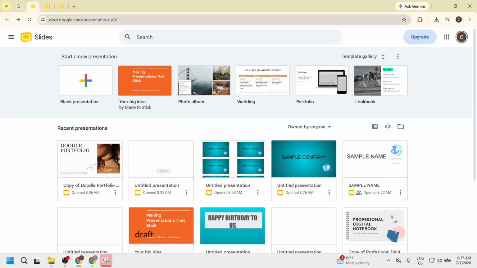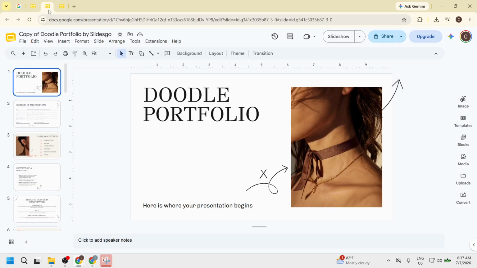After that, open your presentation in Google Slides. If you have been working on your slides, they should appear in the list. Just click on the title of your presentation. This will bring you to the editing screen where you can make all your changes. Opening the correct presentation ensures that you are adding buttons exactly where you want them. Take a moment to review your slides, as this will help you visualize where the buttons will be most effective.